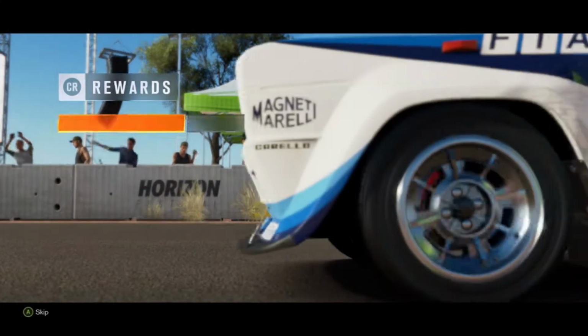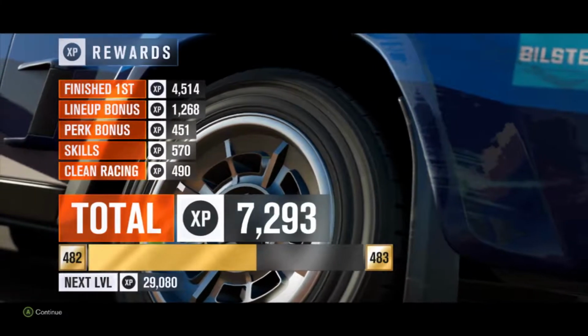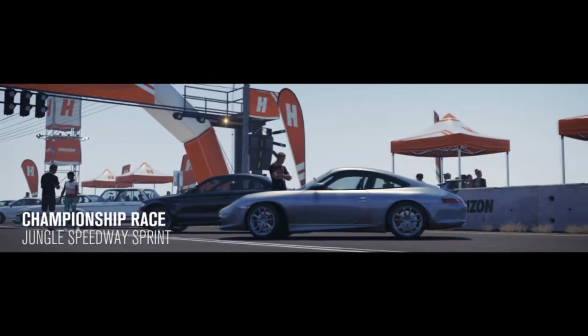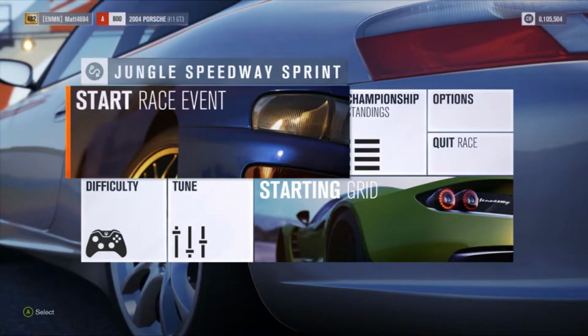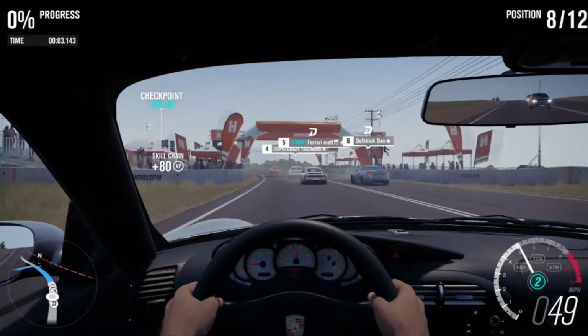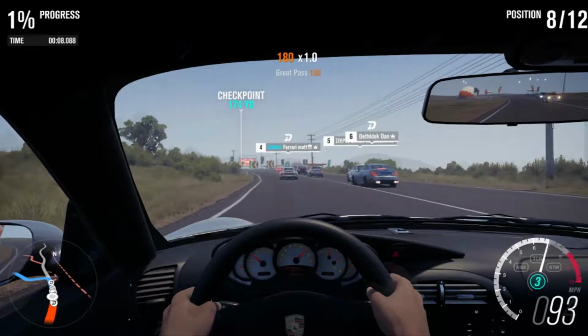Now we'll hop on to the next one here and take out the next two challenges, which are win a race in a Porsche, win a championship in a Porsche, and do the speed challenges. Here we are at the Jungle Speedway Sprint, the first race of three to complete one of the challenges for the Forzathon. So I will either meet you at the end of these races, or I'll splice in some of the highlights of the race